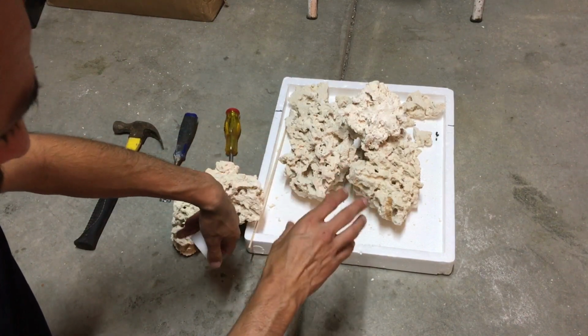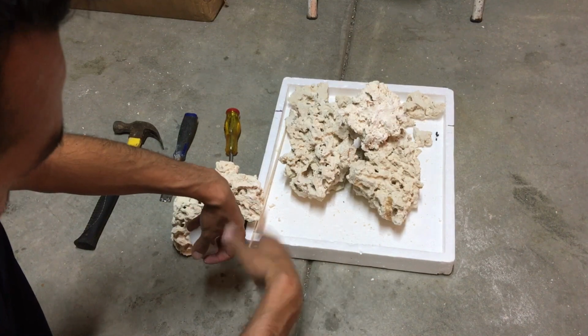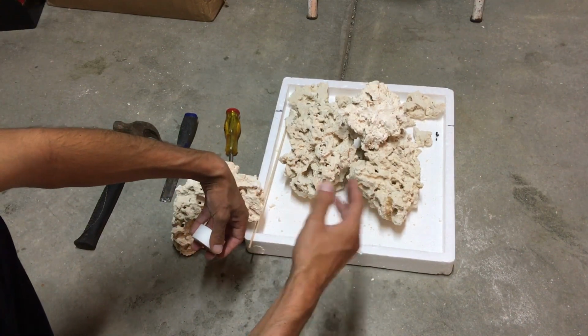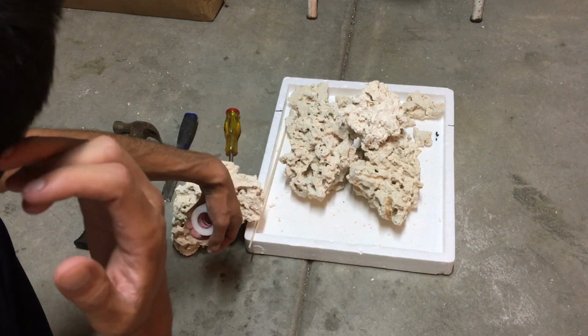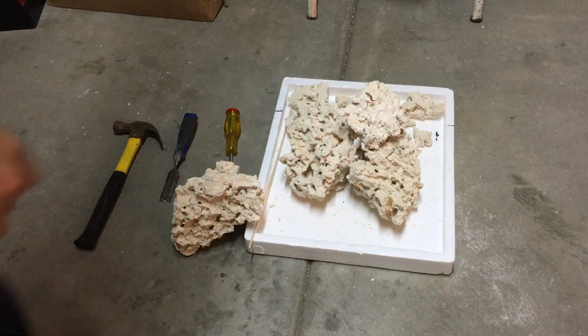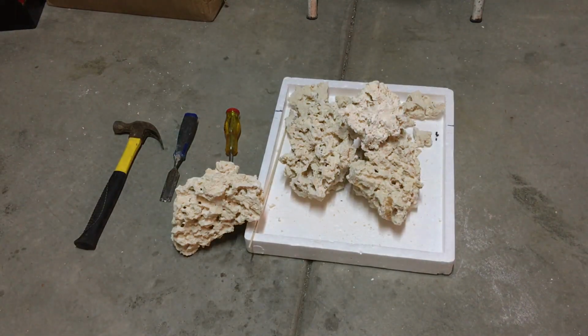Now, aquascape is something that's gonna take you a while. It's something that's not very easy. I should take that out. It's not that it's not easy, it just takes time. And yeah, that's pretty much it. So let me quickly get